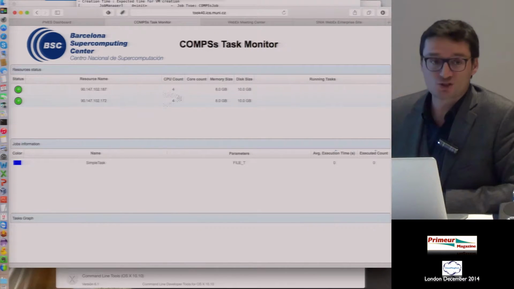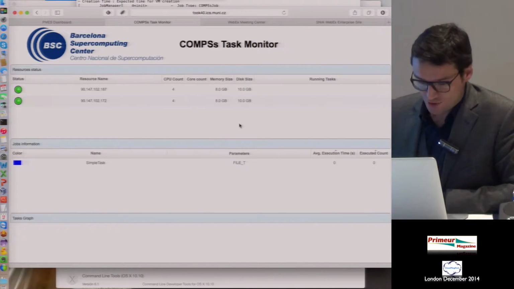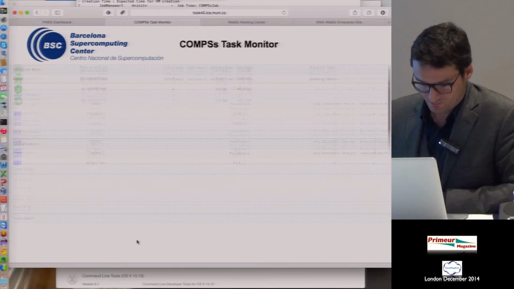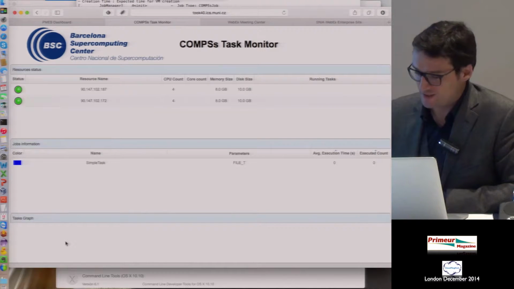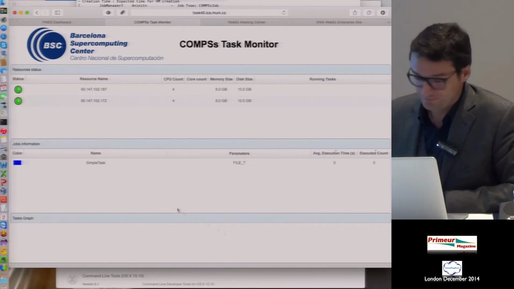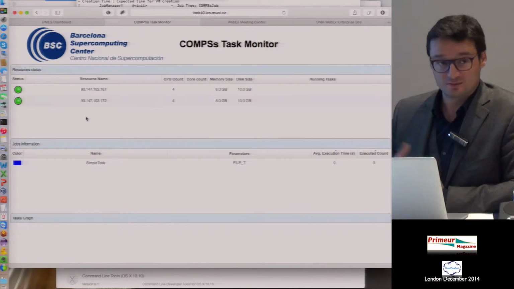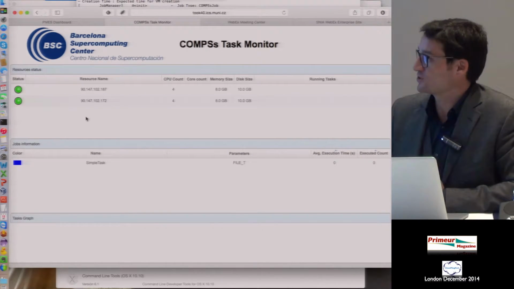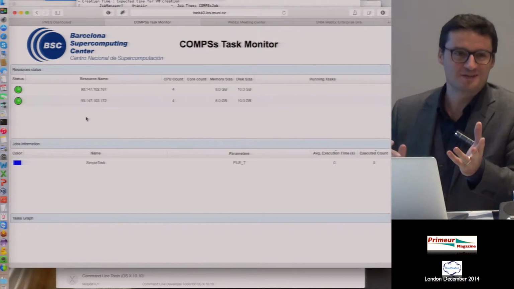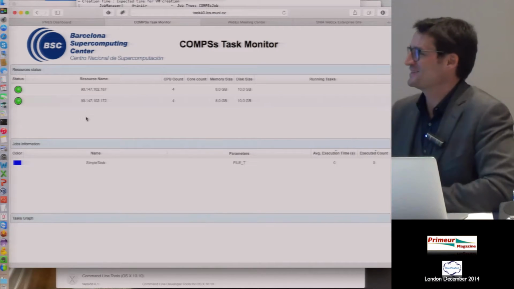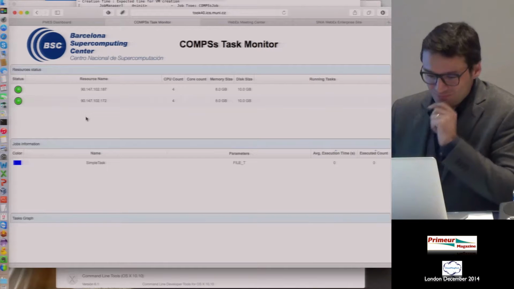These are large virtual machines. Okay. So here the tasks that are being executed should appear at some point. But of course, we have to wait for the third machine to be created, because we asked for 3 virtual machines. SESNet is a bit slower at the moment on generating the resources.